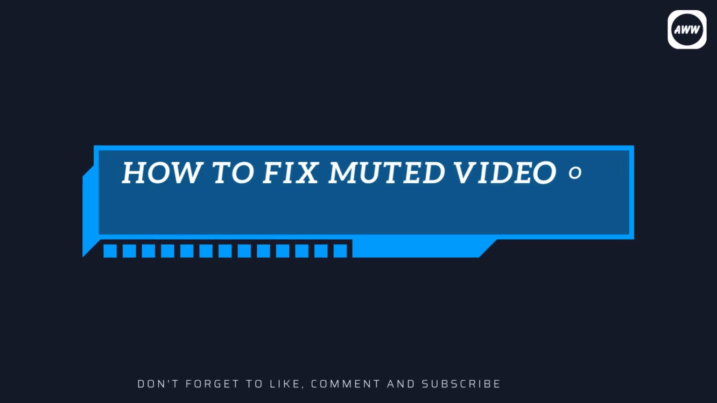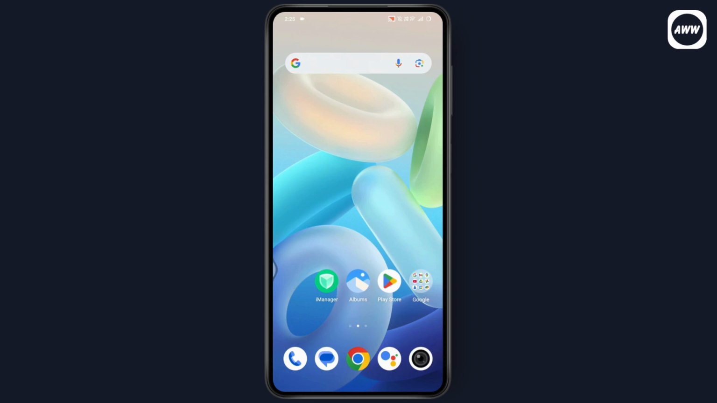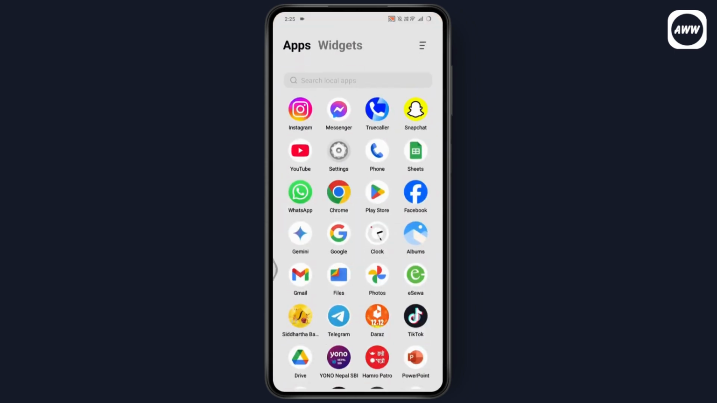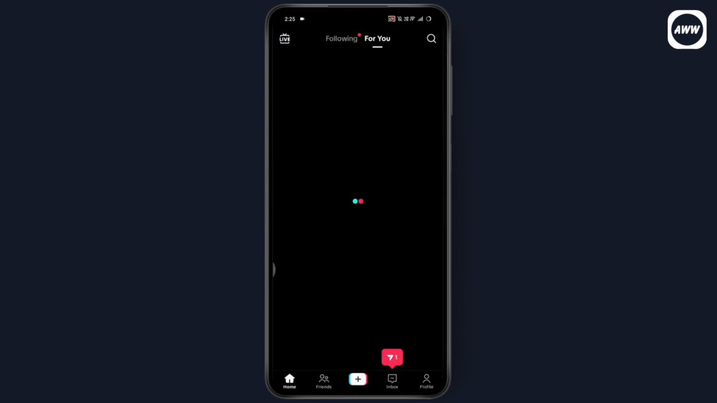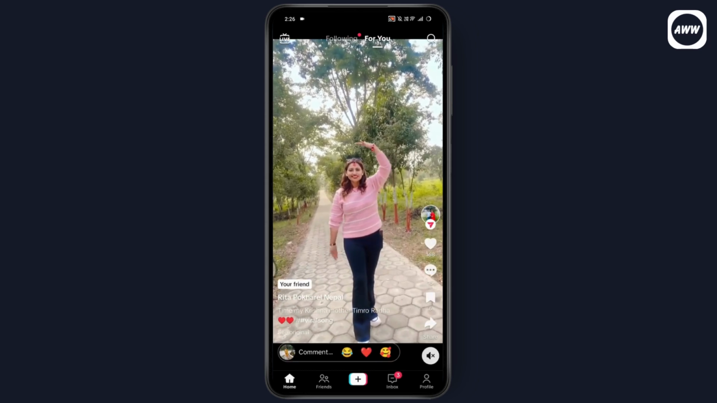How to fix muted video on TikTok. So if you want to fix muted video on TikTok, then what you need to do is first open up your TikTok application. Now, once you open up your TikTok, you simply go with the inbox option, which is on the